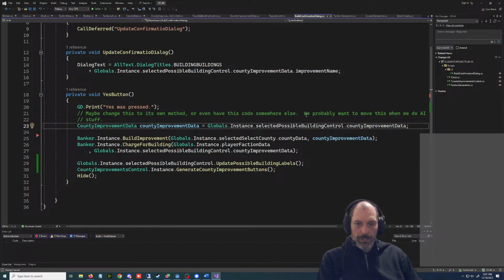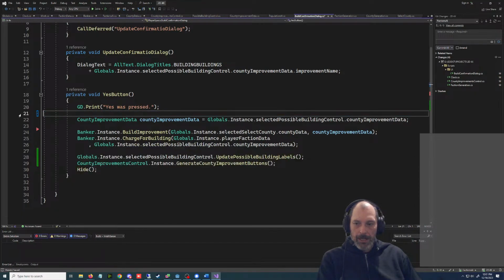No, we don't want to move this. We did some of this actually. We can get rid of this whole comment, like these things we created in the AI thing. So the banker does this, and I'm still not sure if each faction should have their own banker. I don't know what the best practices for that are.